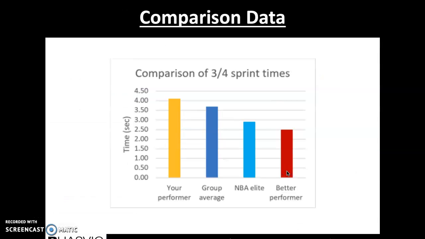And this graph is just showing the comparison data of the 3/4 sprint times. So we can see our chosen performer took around 4.2 seconds to complete the sprint. The group average was in fact around 3.6. The NBA athlete was just under 3 seconds, and the better performer actually performed better than the NBA elite, and